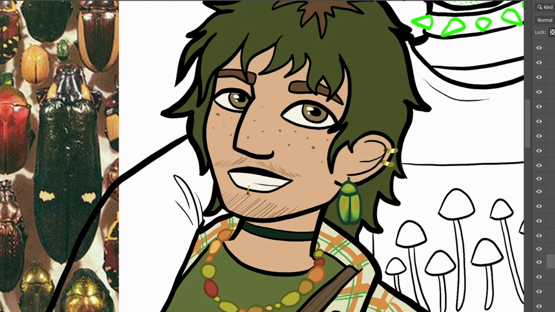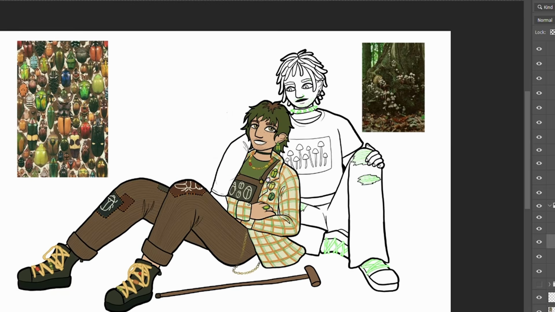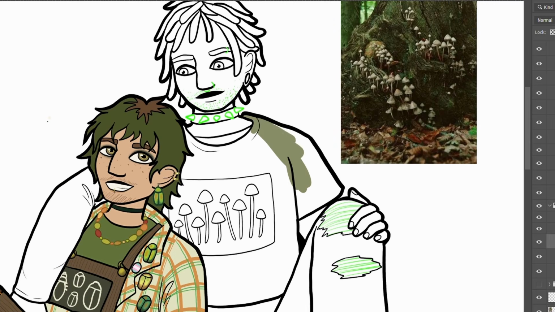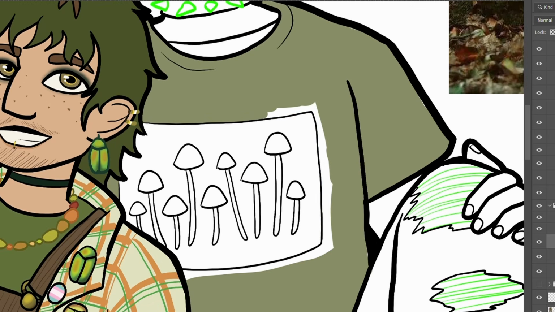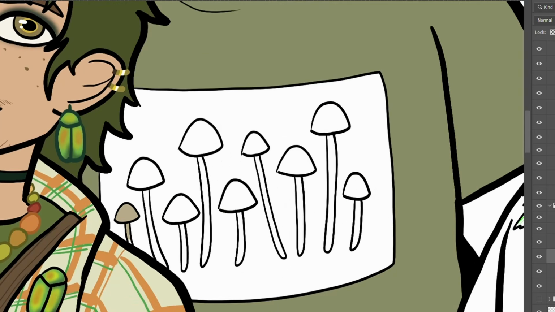Finally, I gave them pale skin, coloured their cane brown, and gave them golden eyes with a bit of smudgy eye makeup around them. Then I got to start colouring Theo. The colour palette of Theo's photo is a lot simpler than Campy's. It's almost all greens and browns. I started with Theo's shirt, matching the mushrooms to the actual mushroom of the photo, making the mushroom's background dark, and the rest of the shirt a light muted green.